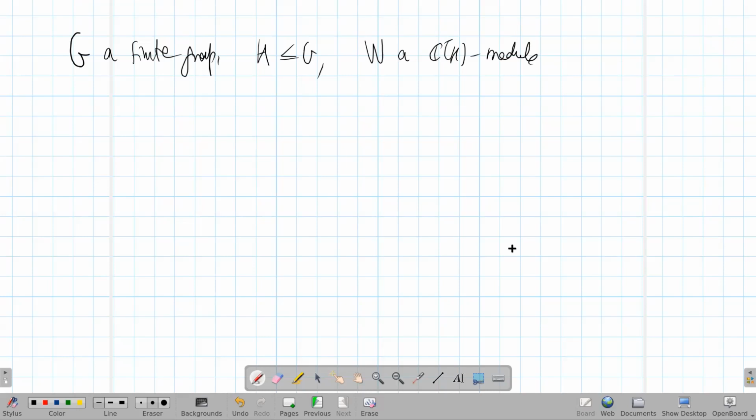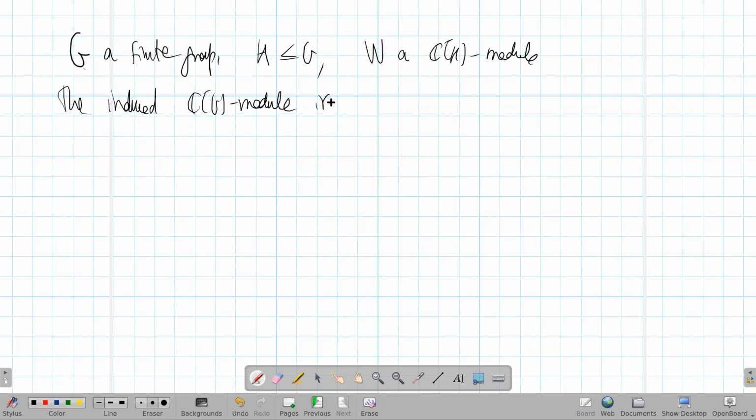Okay, so yesterday we were discussing induced representations. So the situation is G is a finite group, as usual. H is a subgroup of G, and it's useful to discuss things from the point of view of CH modules. So suppose that W is a CH module, so there is a representation for the subgroup H, and then the induced module, the induced CG module